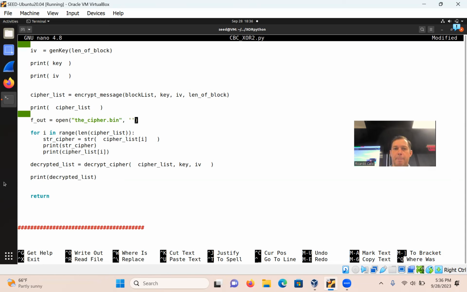Comma. Now this is where the data types become a little bit tricky, but let's just do W for now. Could be WB as in write byte, and then RB as in read byte, and that may make our life a lot easier. Okay, so we don't have to convert to string. So I'm kind of playing with that idea. So actually, let's do that. Let's write that one. So then it would be fout,